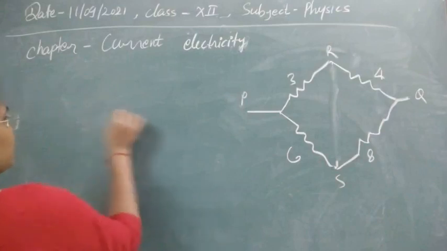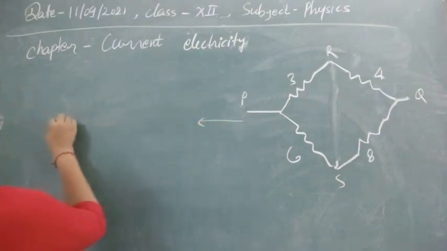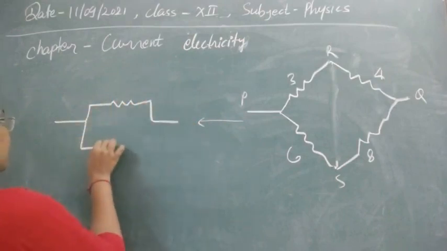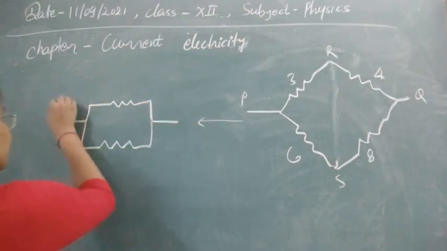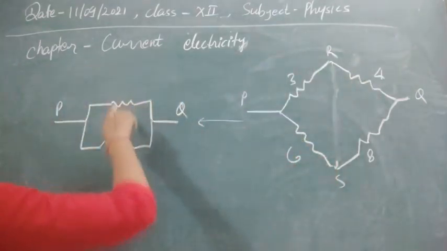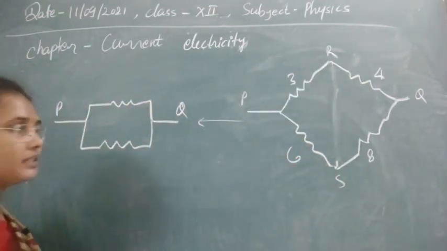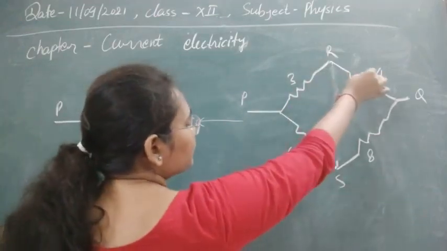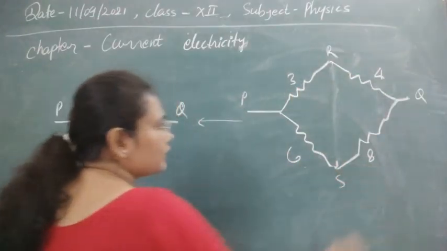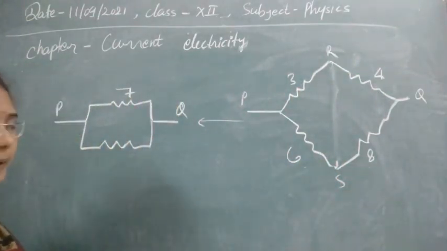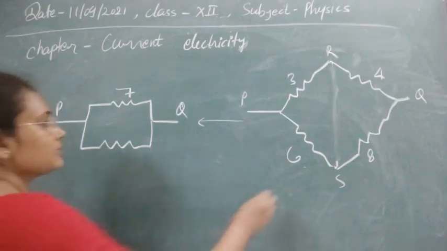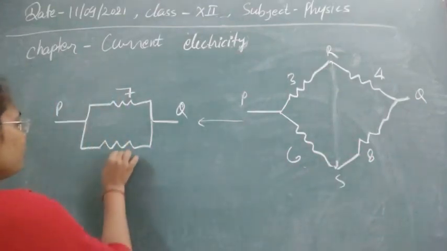So between P and Q, we can draw the figure of this one for the solution. This is our point P, this is Q. Now these two resistors are combined in series combination. For series, you know, resistances are combined by the formula R is equal to R1 plus R2. So this will now be 7. Similarly here, these will again be combined in series, so this is 8 plus 6, that will now be 14.